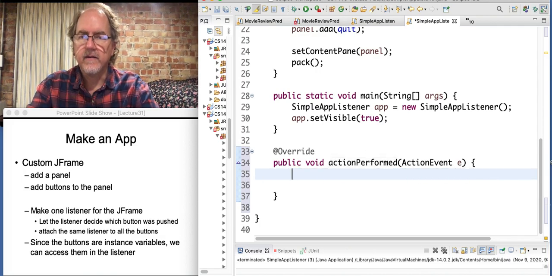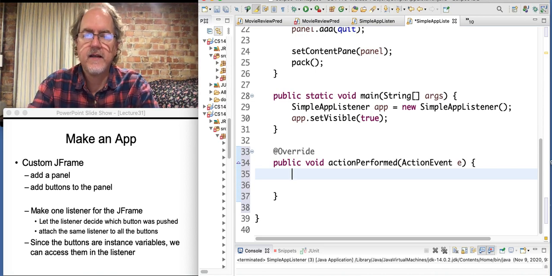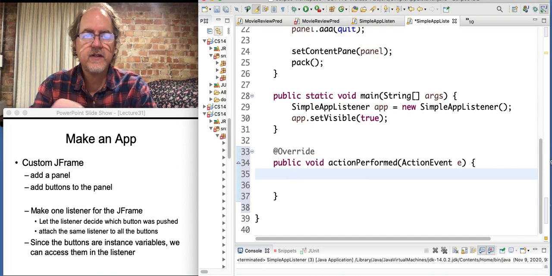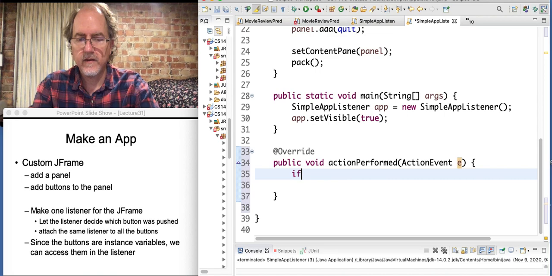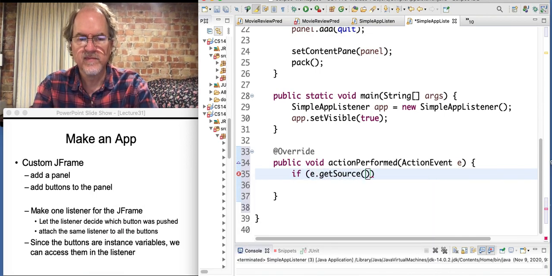Okay, so what's going to go on in here? Well, I have to decide whether I clicked on the say hi button or the quit button. So the way I could do that is I first ask this e object that is associated with the event, what was the source of the event? All right, so there's this particular method it has, getSource,